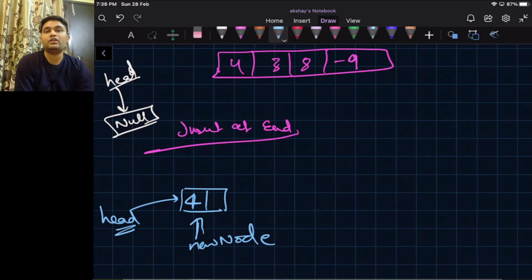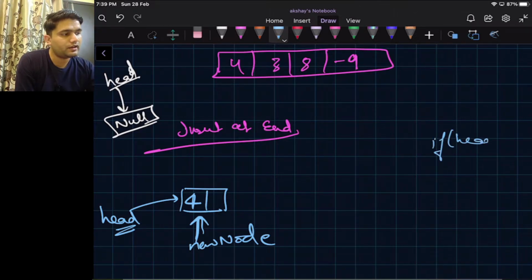Now our head is pointing to this 4, and this is our new node. So in case head is null, we can simply do head equals new node with this value.